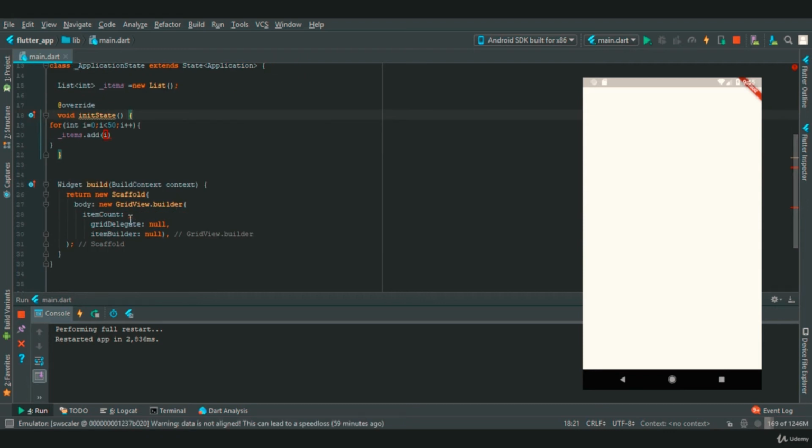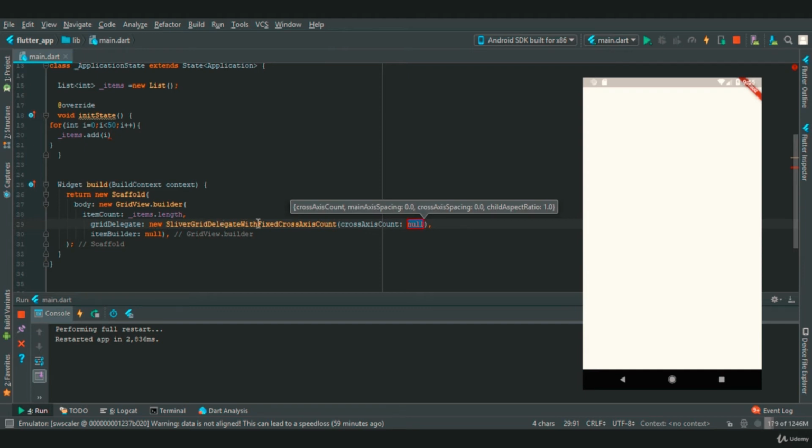So after this, in item count we need to assign items dot length, and in grid delegate we need to provide a widget which has a very big name. So we will say new sliver grid delegate with fixed cross axis count, and this has a property called as cross axis count, which is set to null. So here we will provide 4,